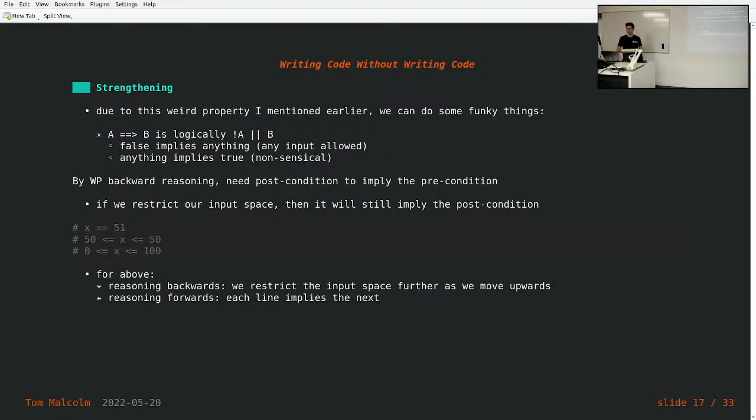On top of this, and as a side note, when we're reasoning about our programs, we reason upwards, right, as I said, which means that due to that little quirk that I explained earlier, we can strengthen things as we go upwards. So that means that when you start, like if you read the example here, if we start with x greater than or equal to 0, less than or equal to 100, then we can say that x is greater than or equal to 50 or less than or equal to 50,